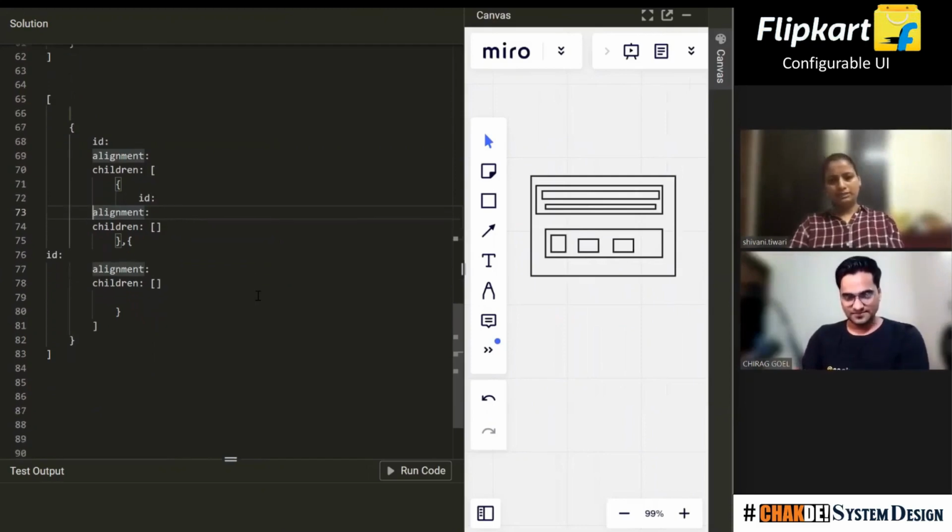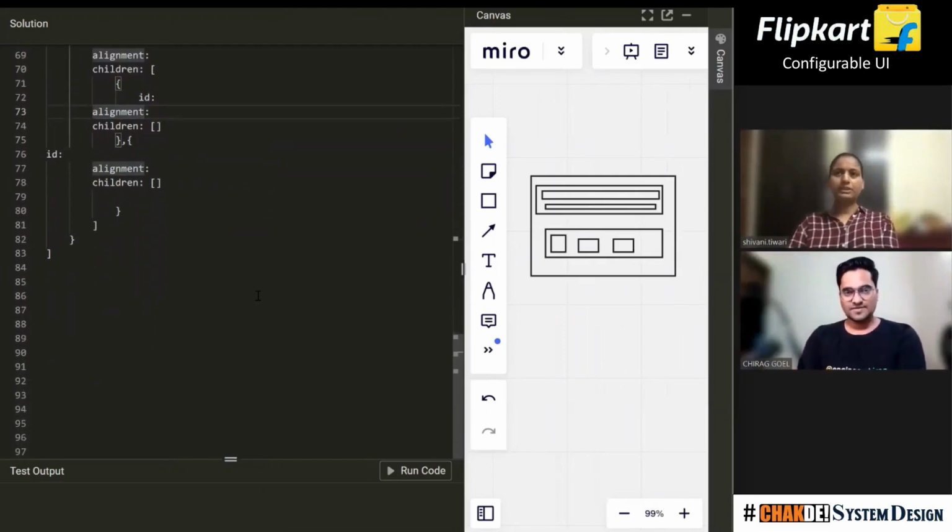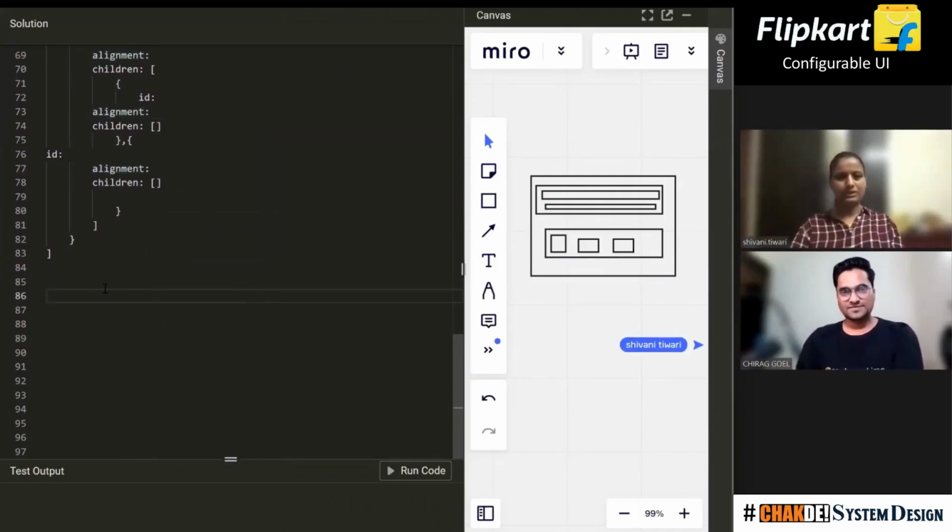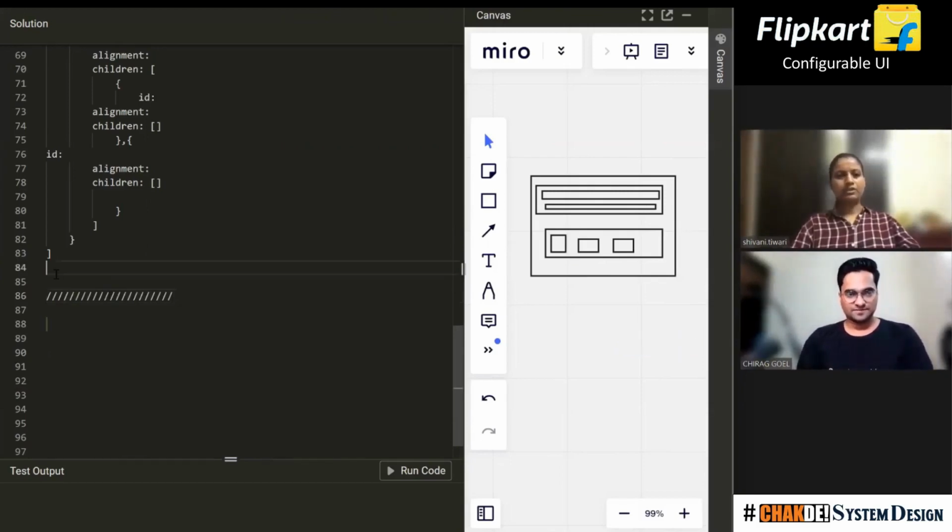The next important part that I'm thinking of is, now let's move to the tech stack, wherein how do we solve this problem and how do we build all of it? We have the config, we know that we'll build this config, and based on the config we'll render pages, but how exactly it happens, I think we can move out there. Sure. So the first requirement that I'll touch upon